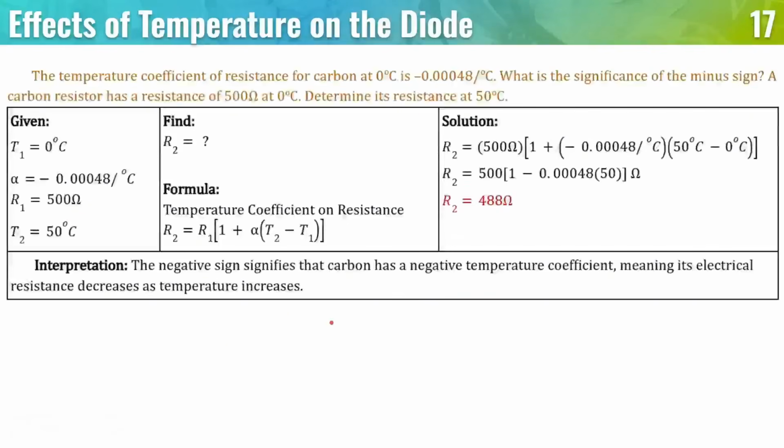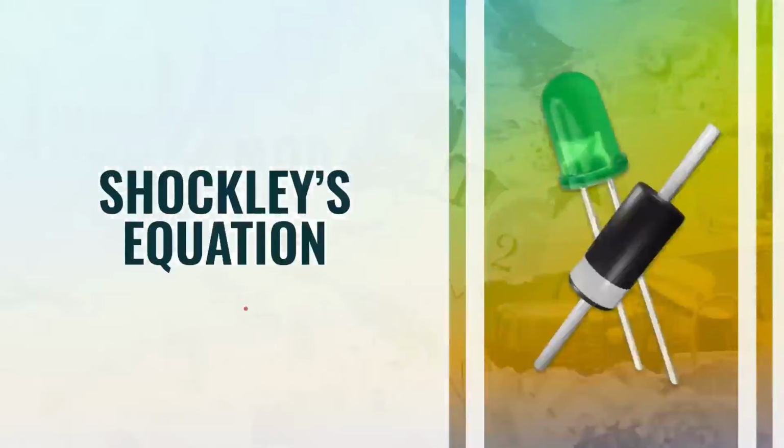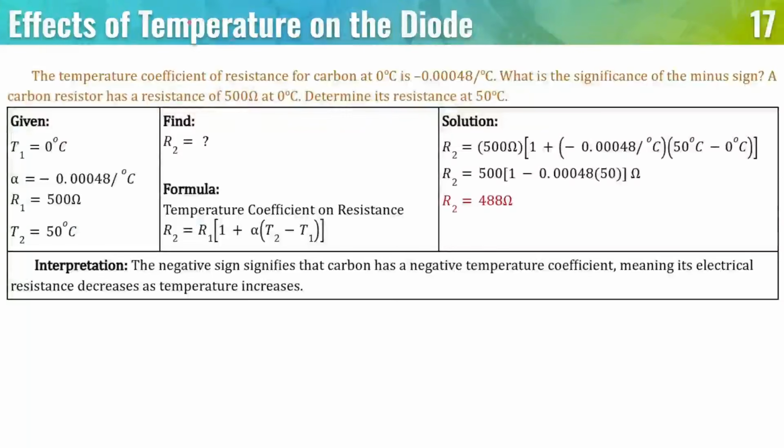So to summarize that answer, the negative sign signifies that carbon has a negative temperature coefficient, meaning its electrical resistance decreases as temperature increases. So let's check. Its electrical resistance decreases, so 500 to 488, as the temperature increases, from 0 going to 50. So this interpretation is correct. So that's all for the effects of temperature